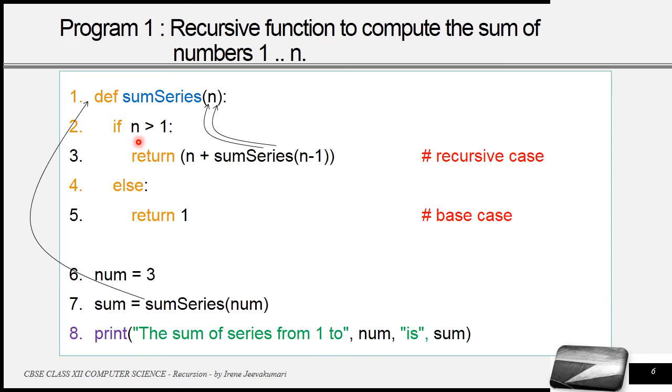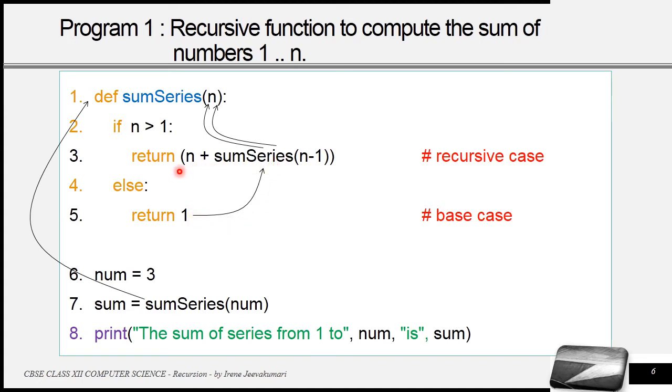So here in its function body, whether 1 is greater than 1 or not will be checked and it becomes false. So the else part will be executed. Here there is a return statement which returns the value 1 to the function call statement from where it was called. It was called from the sum_series function with the argument 1. So the value 1 is returned to the sum_series function with the argument 2, where the value of n was 2. So 2 plus 1, that is the returned value 1, is added.